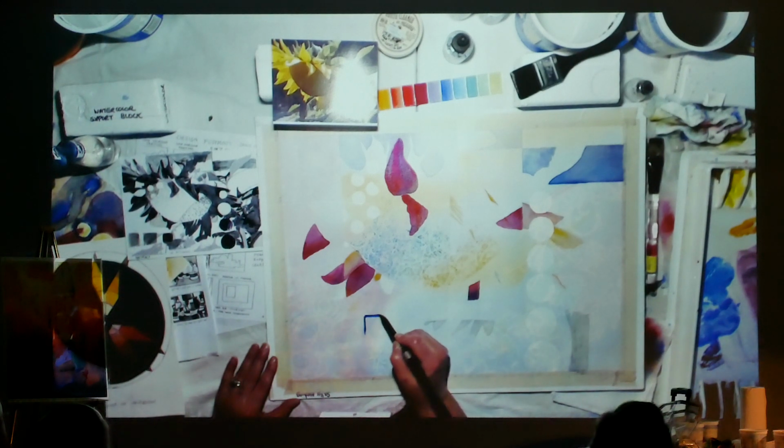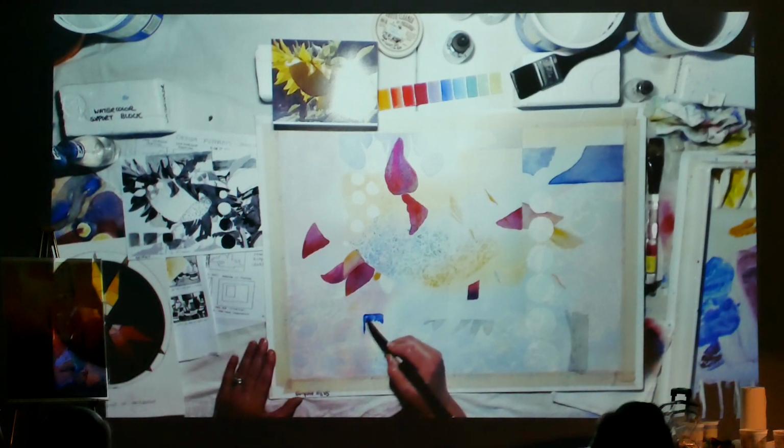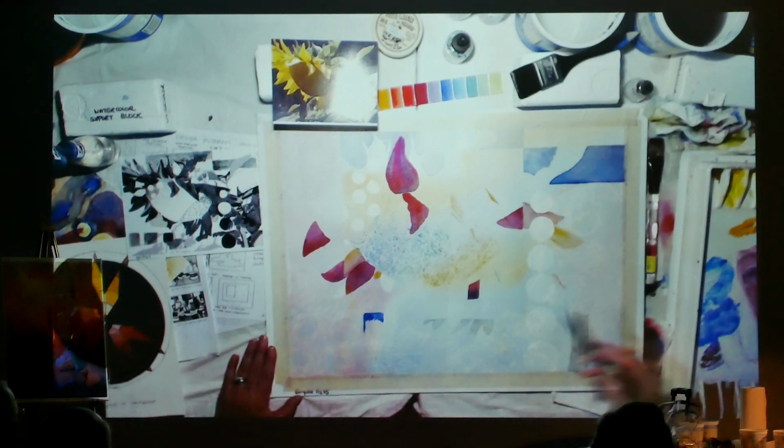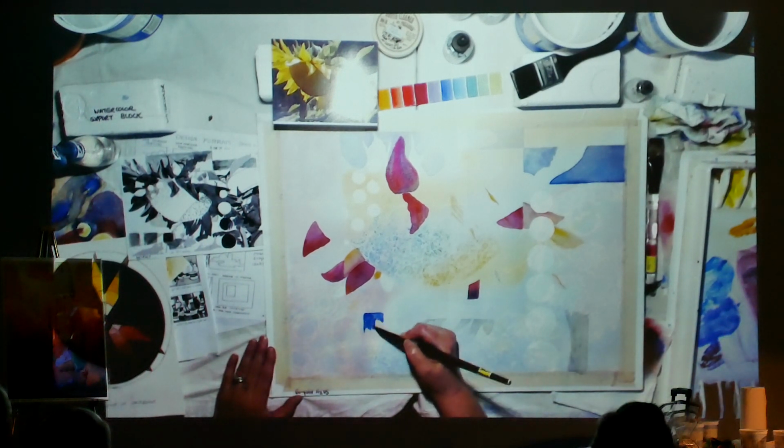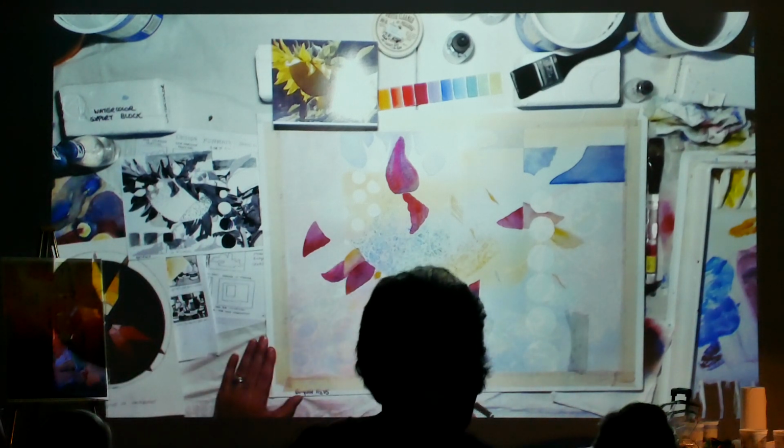I'm going to make my square. So I'm working wet on dry. But because I'm working fairly small, I can drop in other colours. So let's get some of those phthalos in here as well. So I'm trying to make a rounded square. And my drawing underneath is rather sketchy, so...